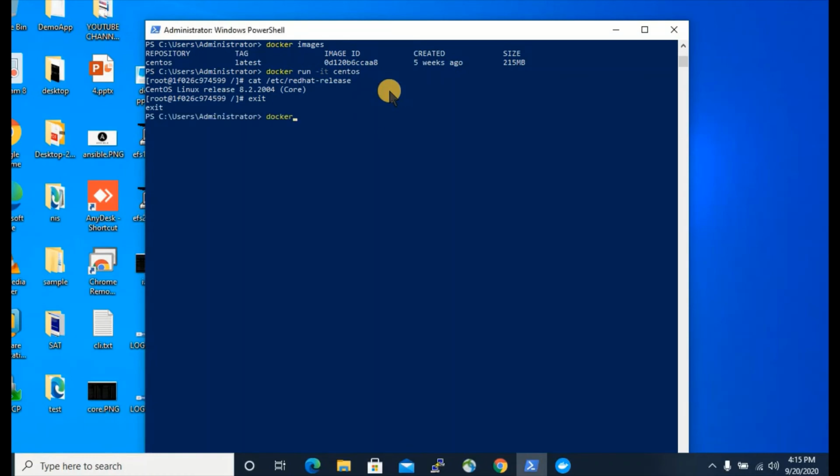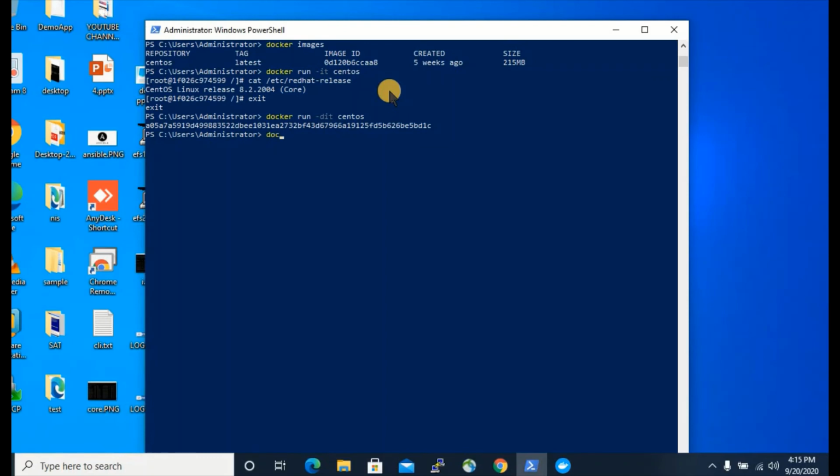And if you want to run the Docker image in the background, use -dit: d is for running in the background, i is interactive, and t is with a terminal. You see it is running in the background.